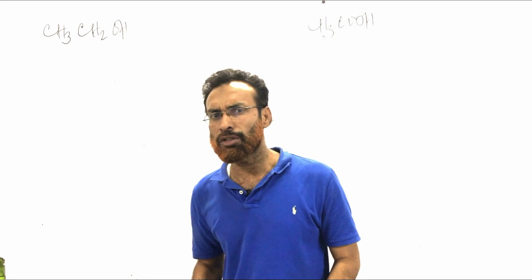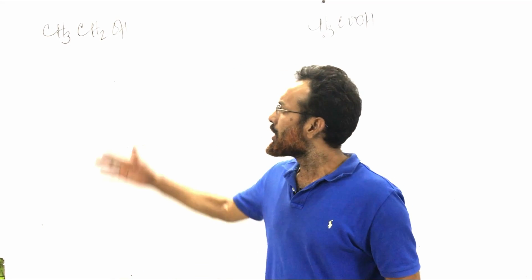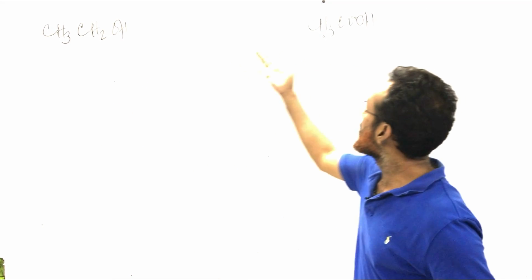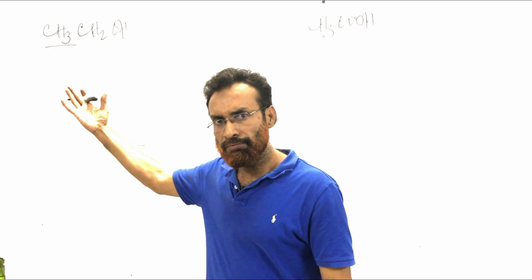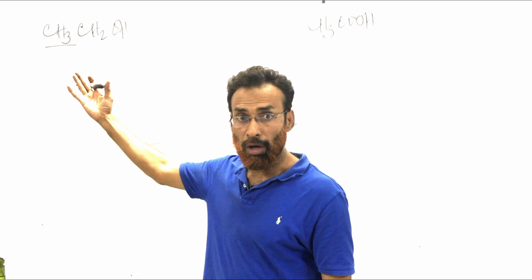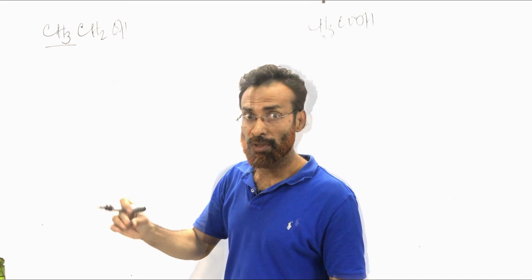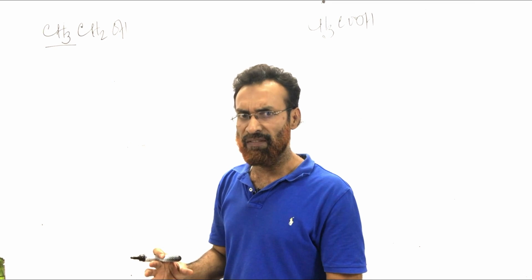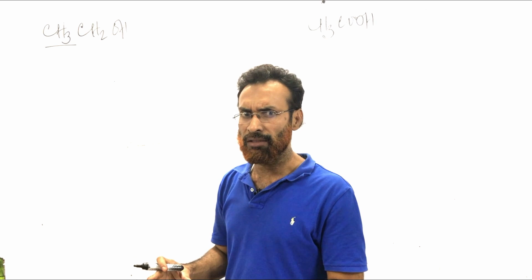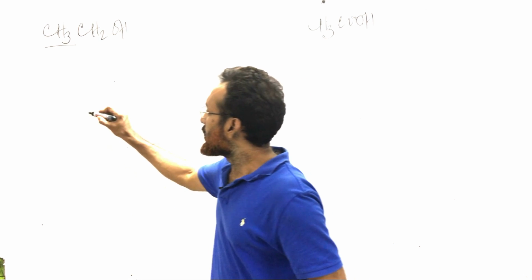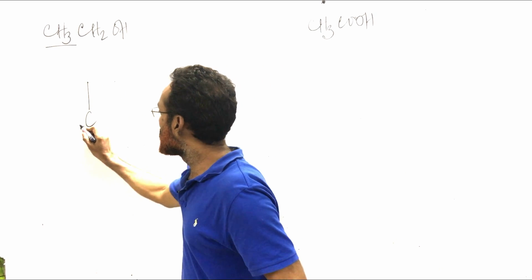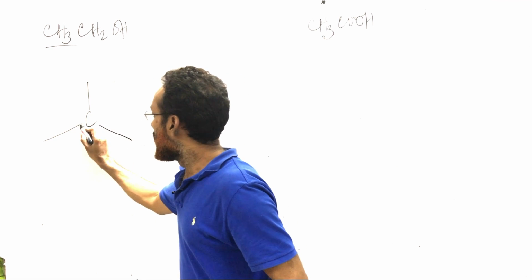Now let's draw the shapes of 2 organic molecules. Here is one, ethanol, and here is one, carboxylic acid. Here the first one, CH3. CH3 means carbon is bonded to 4 different atoms. When carbon is bonded to 4 different atoms, that certainly gets a tetrahedral shape. Let's draw the tetrahedral shape for the first part. This is